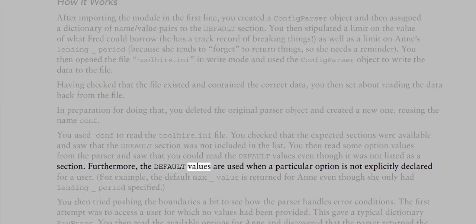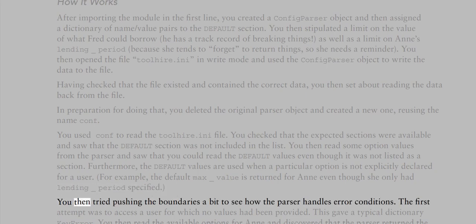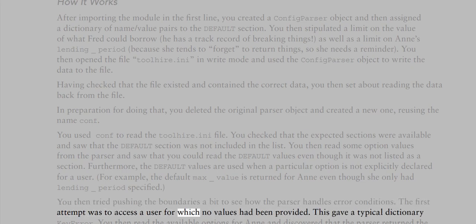Furthermore, the default values are used when a particular option is not explicitly declared for a user. For example, the default max_value is returned for Anne even though she only had lending_period specified. You then tried pushing the boundaries a bit to see how the parser handles error conditions. The first attempt was to access a user for which no values had been provided. This gave a typical dictionary key error. You then read the available options for Anne and discovered that the parser returned the default values as well as those explicitly defined. You also discovered that options does not work